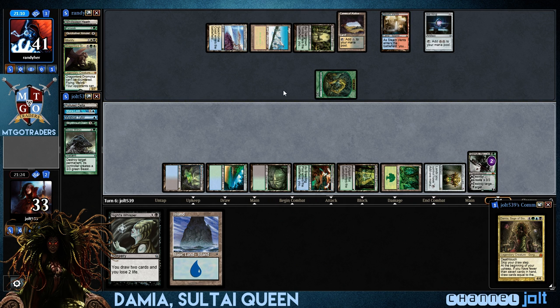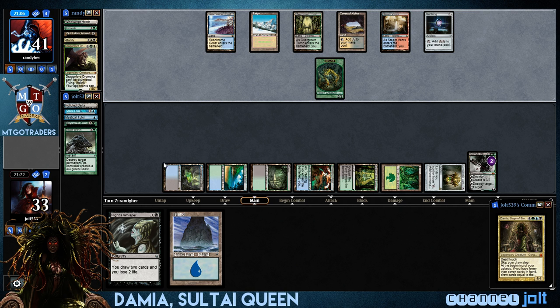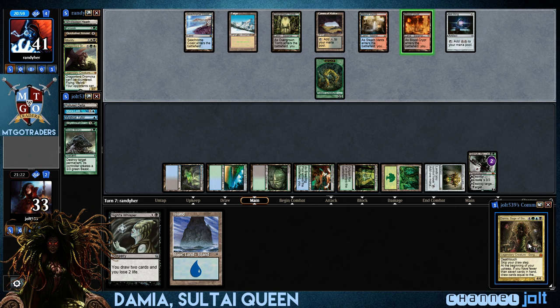Okay, so we got the Beast token coming in. It's going to be swinging that Guruk Apex Predator. Take care of them. The next turn we're looking at 1, 2, 3, 4, 5, 6, 7, 8, 9. We'll have 9 with the island, so we can retry for Damia. And if our opponents have another removal spell, then we'll finally just go for Night's Whisper and try and collect